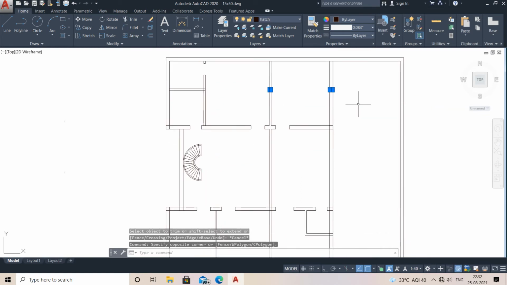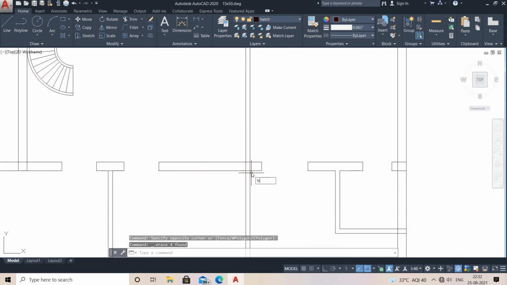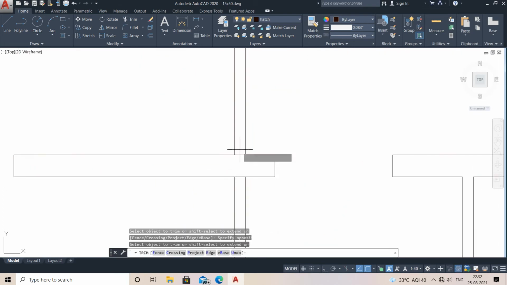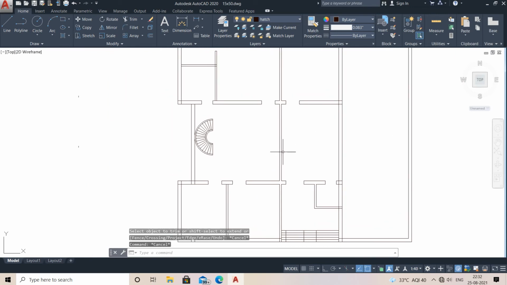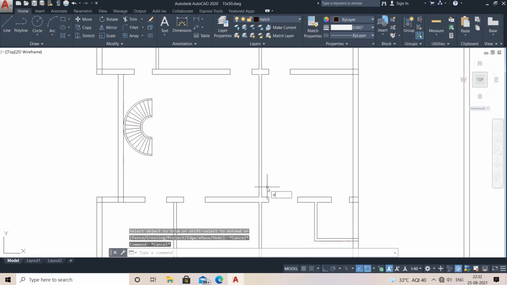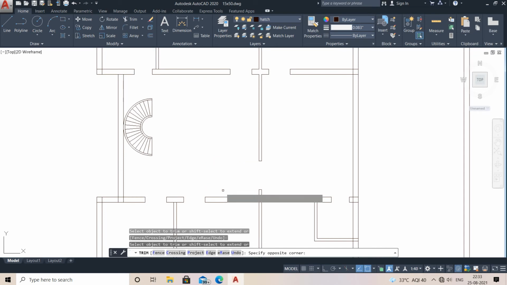Just select it from the right and left. I have told you the logic behind this. Just go for trim it. Now, after that it will be your drawing room. So go for the offset command of 1 feet and make the door of 4 feet. If you are doing this, go for the extend command so that it will be easy to trim it. After that, just trim it.